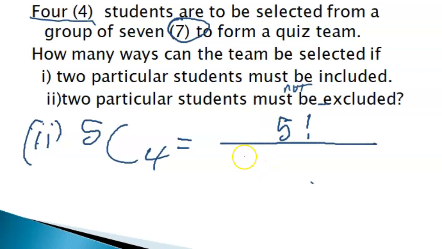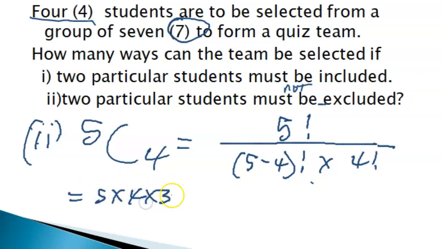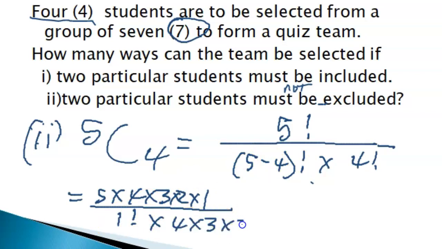So 5 factorial over the difference, that's 5 minus 4 factorial times 4 factorial. Now 5 factorial, that's 5 times 4 times 3 times 2 times 1, over 5 take away 4, that's 1 factorial, and 4 factorial, that's 4 times 3 times 2 times 1. So 4 times 3 times 2 times 1 down here cancels with 4 times 3 times 2 times 1 up here. So you're left with just 5 over 1 factorial. That's 5 divided by 1. So there are 5 ways